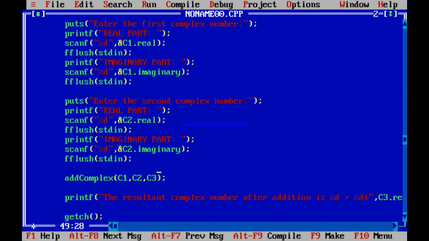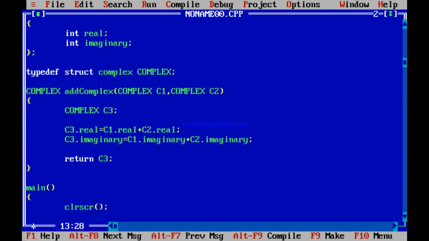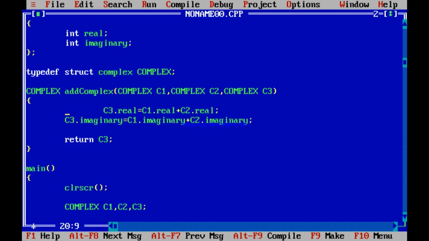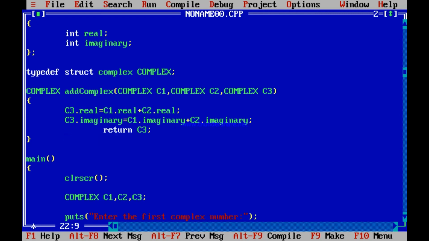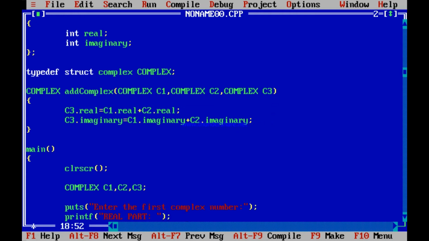So I pass this C3, and over here, instead of returning C3, I receive this C3 variable, and this C3 variable I compute over here. I just compute C3.real, C3.imaginary. Avoid returning this C3. It's not needed, suppose. And here I don't return this complex. This is void.